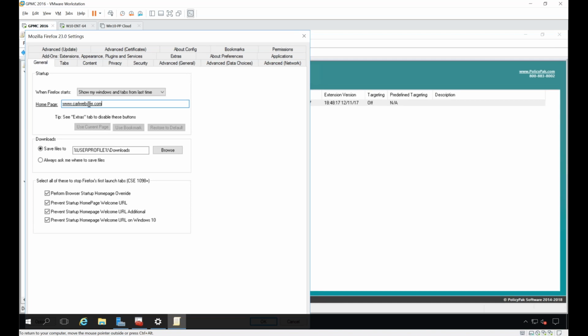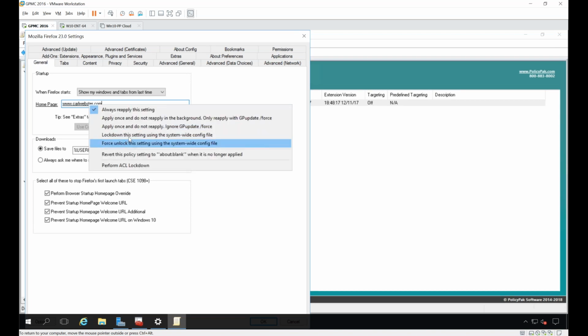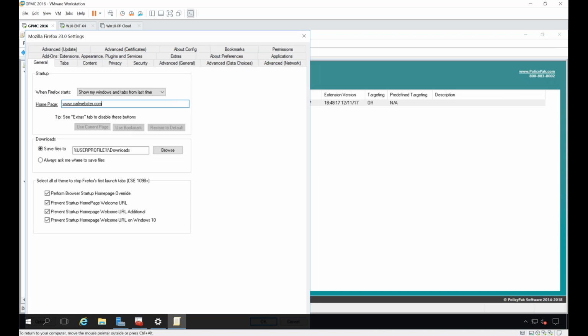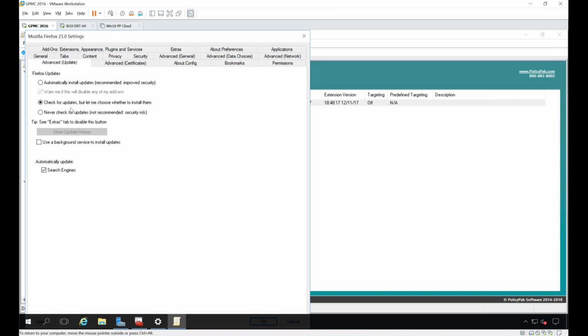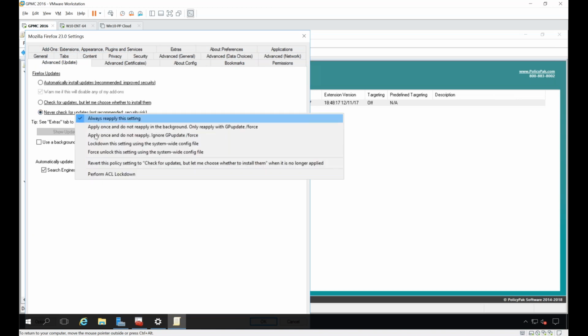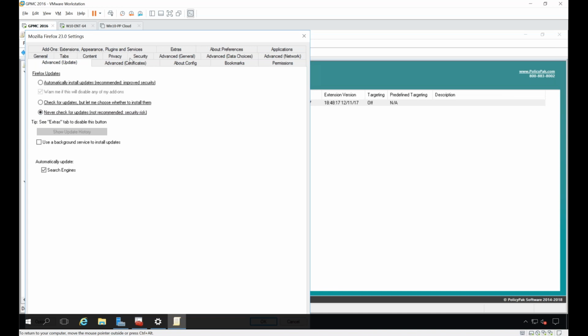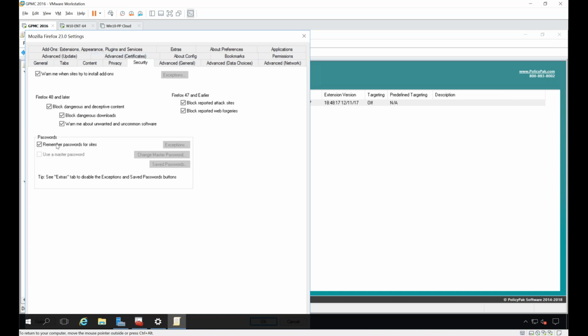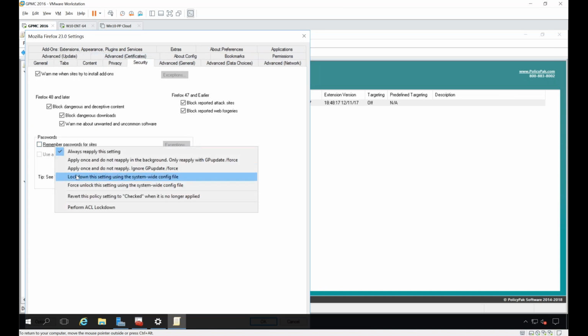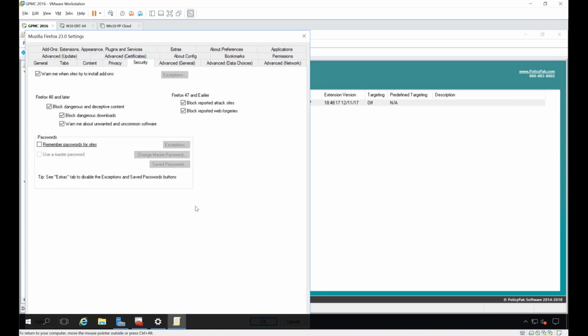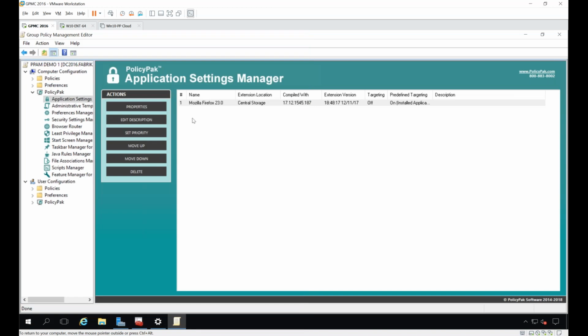Great. And in carlwebster.com, this is a very important homepage for your organization. You want to lock this down so users can't be naughty and work around it, right? That's for sure, because you're naughty and you would work around it. And you want to make it so that it's never checking for updates. And then also for security, you want to uncheck remember password for sites and lock it down. So I'm just doing three little base hits to kind of get us started.